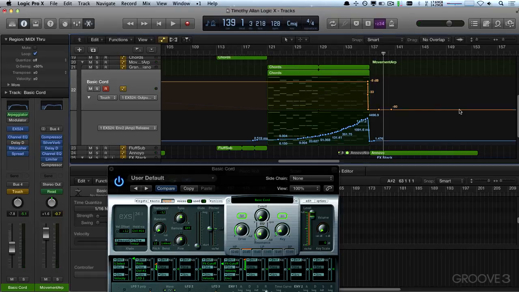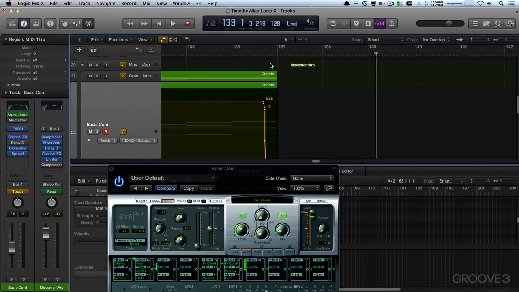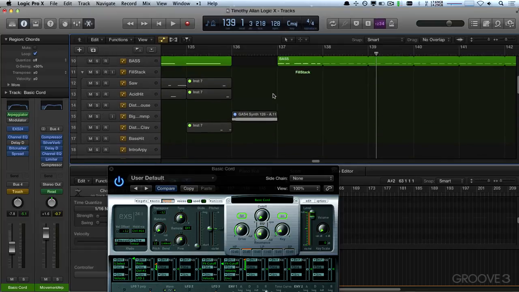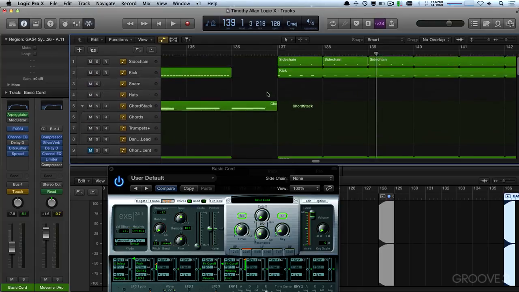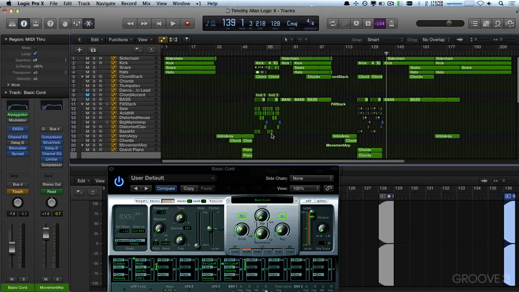We'll leave it down for a while. And you can go back to normal. What was it at before? 8. Right, so I'm going to trim off the last little bits of both of these. So we can get that in there. And I'm going to turn you on and shrink it down a bit like we did in the last one. And leave the chords there. And then we're going to bring over